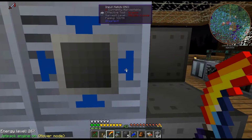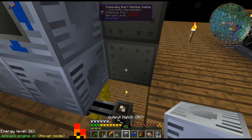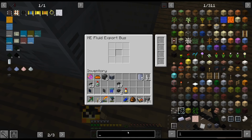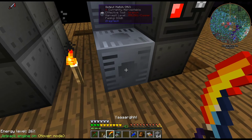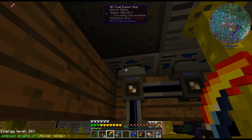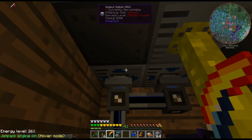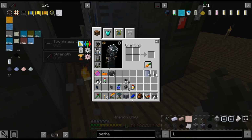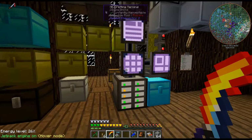So that hydrofluoric acid back in. Methane will go here. Let's put methane. Can I go off? Remember there was a time you couldn't do that. Methane should go in there. Methane should go in there. I don't think there's a problem, but... Oh, output hatch. Whoops. Right, because I put the input hatch there. Or the hydrofluoric acid. Okay, so...